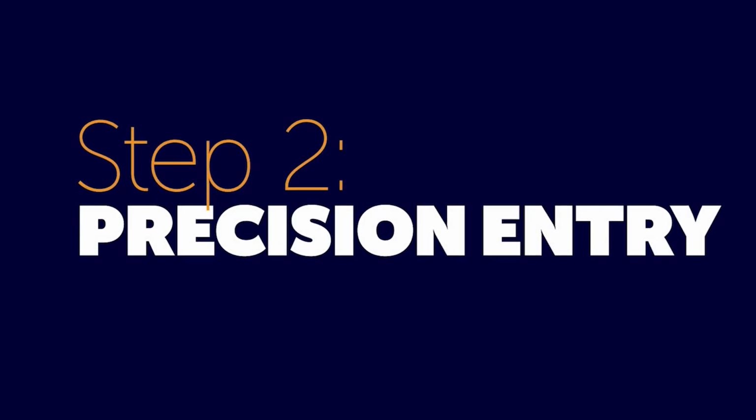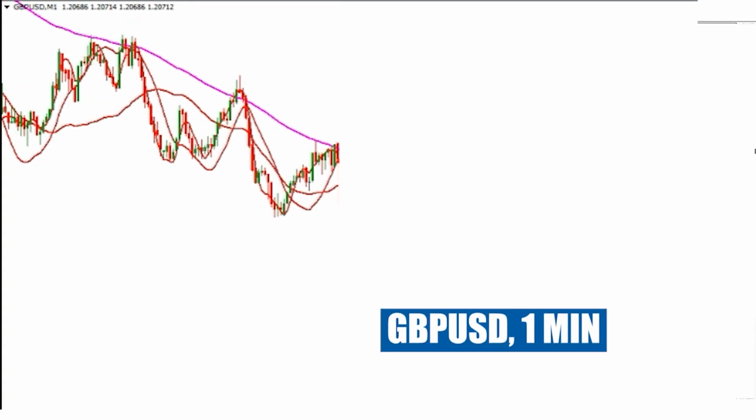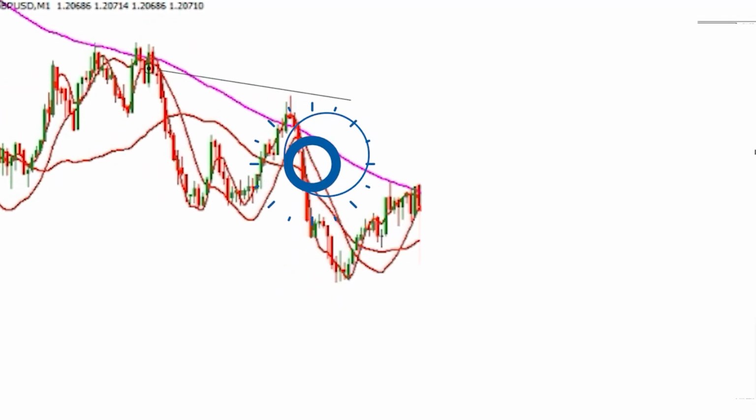So the next step, we'll drill down to a lower time frame, use the MTFX system to accurately time our entry so that price explodes in our favor. So here we are on the 1 minute chart. You can see we have a line of influence as well as the three other lines that make up the